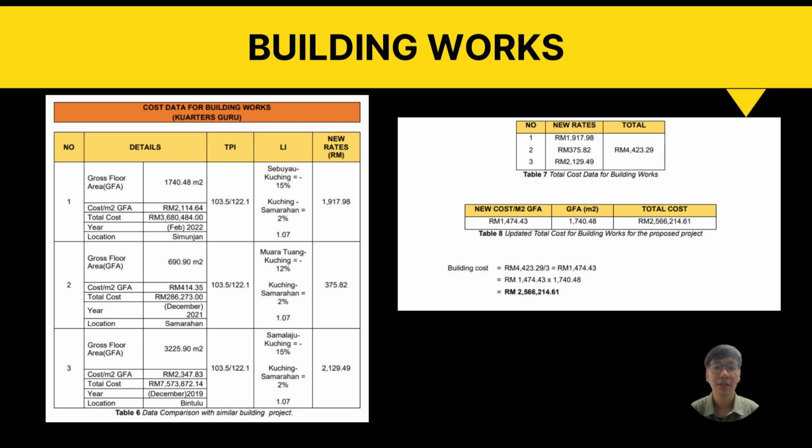This is because there are slight differences between the planned building's and the analyzed building's actual construction years. For the indices, we collected data from Q1 to May 2023 and decided to use the tender price index. Based on the cost adjustment that we have made, the cost for the proposed building is